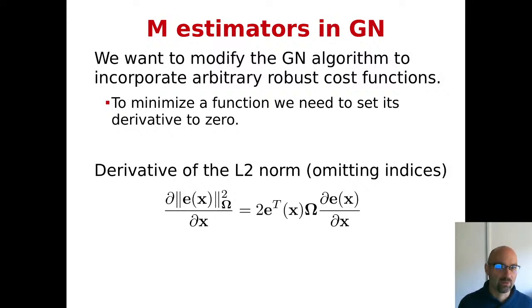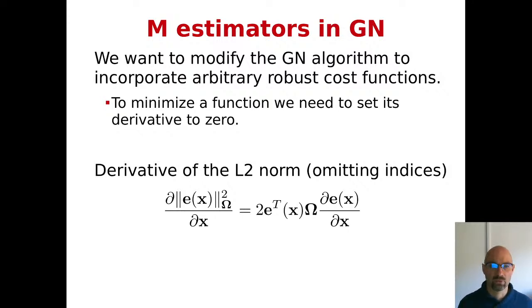We recall that to minimize a function, we need to take its derivative and set it to 0, which is what we always did, right? Okay. So now we will start massaging the derivatives and calculating the derivative of the robustified L1 norm function and compare it with the derivative of the L2 norm that we were always working with during our